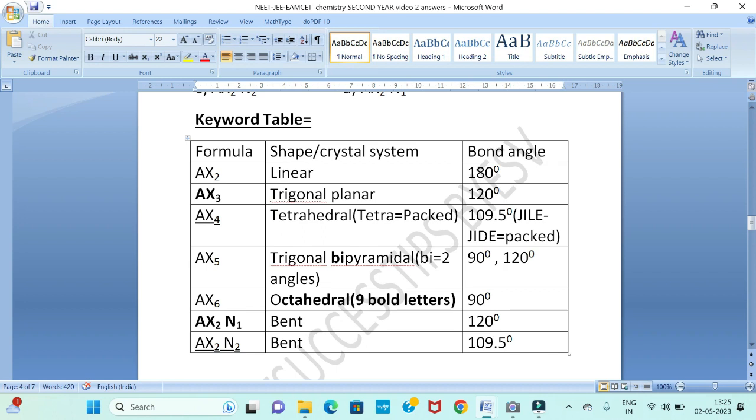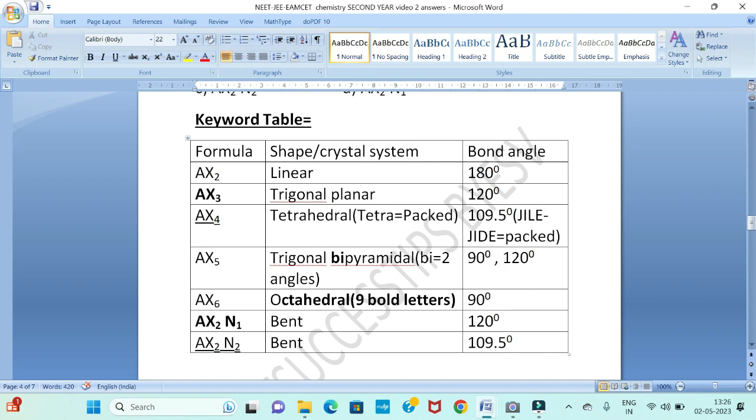Jail, I am taking as JIDE. J means 10, I means 9, D means dot, E means 5, like that. Tetra pack, packed in jail, some wrongdoing person. That jail I am taking as JIDE. Because hedral, D, I am taking D for hedral. So J means 10, I means 9, D means dot, E means 5. Like that you can remember.